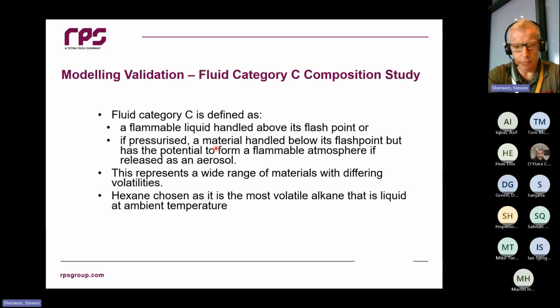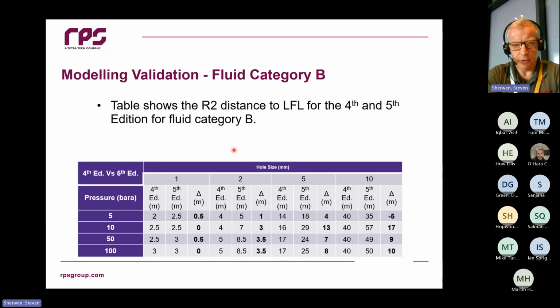So I've just missed fluid category B there. Fluid category B is a funny one. Fluid category B is a liquid that's released at a temperature not only above flash point but above its boiling point, so it tends to be when you've got elevated temperatures. Of all the times I use EI15, this is probably the fluid category that you get to use least. But you can see again that it follows a similar pattern: for the 1 mil holes, very little difference. For the 2 mil holes on the higher pressures, there's a bit more difference.